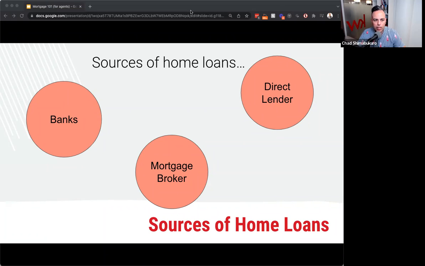is a direct lender. And direct lender by far and away is probably the best source for a home loan or to get someone qualified. That's all that they do. And the main difference between a direct lender and a mortgage broker is, as I mentioned before, a mortgage broker has no money. They're just connecting you to the money. They're brokering the deal. Whereas a direct lender, they are the bank. They have a giant line of credit and they're lending their own money to close this $1 million transaction or escrow. And then what they do immediately thereafter is they go and sell it to the bank.